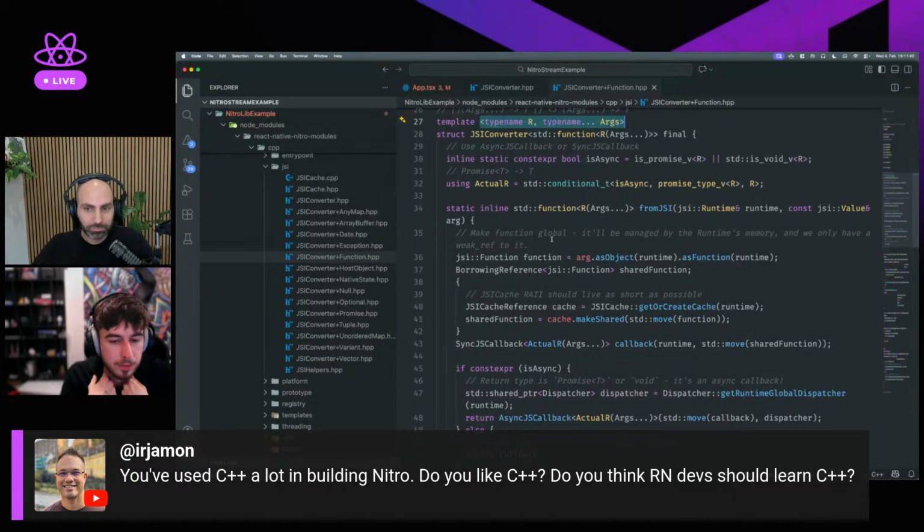In a sense, framework developers like me and all of my other guys at Margelo, and some other guys that are maintaining libraries, you guys have some stuff too. If everybody has to learn C++, then we all failed in our jobs. So what we do is we build libraries so you don't have to use C++. So in a sense, you only need to learn C++ if you want to contribute to those libraries or build some of those libraries yourself. But usually in most React Native apps, and we have some people on our team as well that don't know C++,